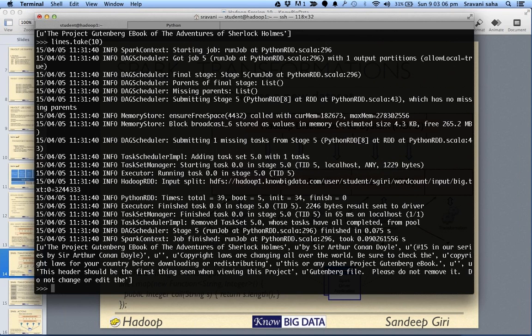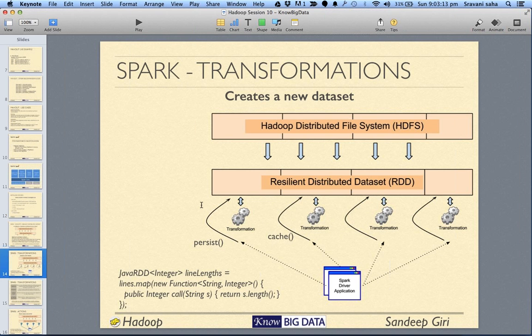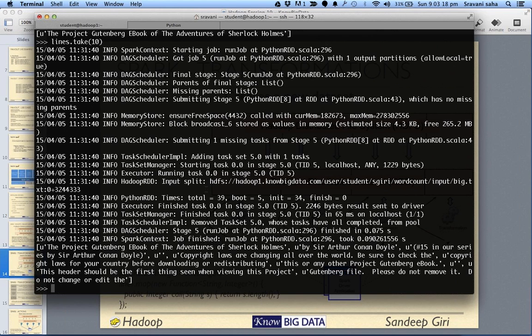Here is the Spark driver application. Right now, the command prompt, that is our node which has launched this command, is the Spark driver application. This command prompt is a driver application, and we are commanding Spark from here to do things for us. We said load our data, and it loaded the data onto the cluster. Next we apply a transformation, so it will note down that you have applied a transformation. And the moment you do an action, whatever transformations you have applied so far will be executed. Without an action, no transformation actually executes.